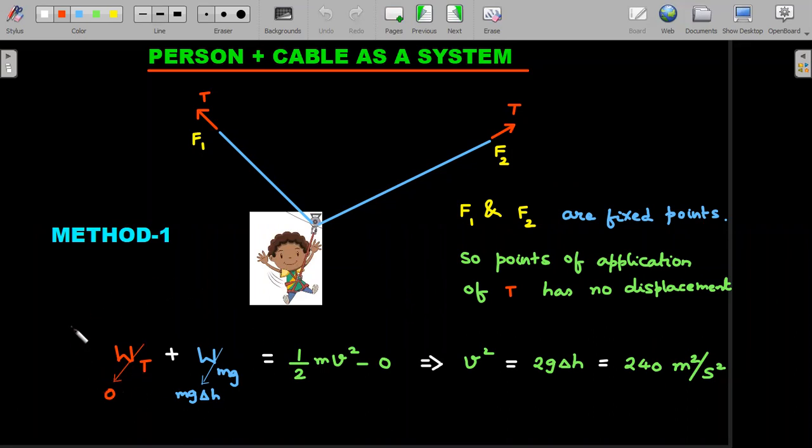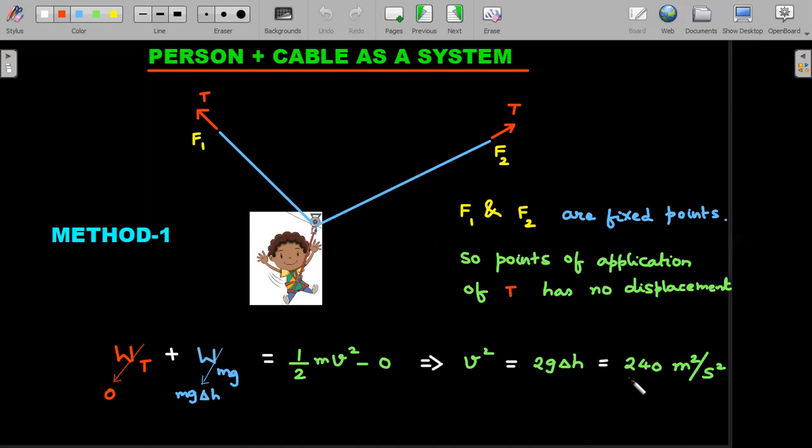So W all, that is work done by all forces, should be equal to change in kinetic energy of the system, is what I'll apply from the starting position to the bottommost position, where my v squared will be revealed. So in that scenario, work done by tension is zero because the points of application never moved, and work done by gravity is mg into delta h. Only vertical displacements matter for work done by gravity, and therefore rearranging these two, you get v squared is 2g delta h. With delta h already solved as 12, you get this immediately, which is what most of the students who saw that community post answered quickly.